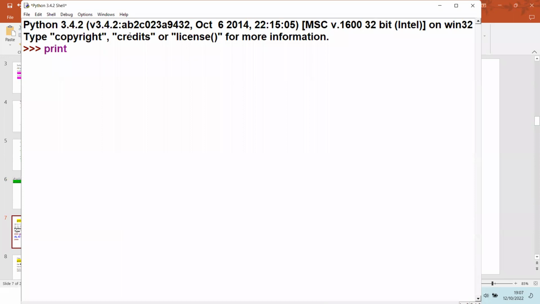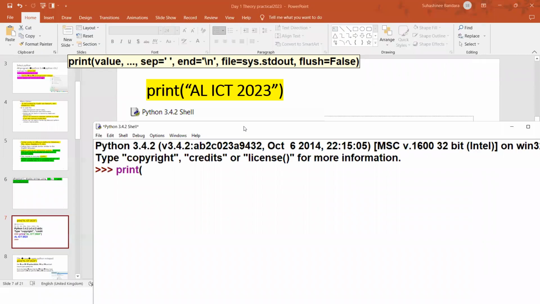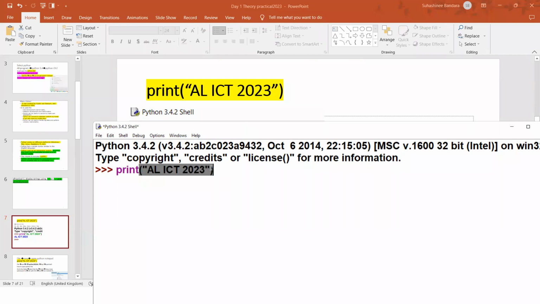Now I am using the shell. Here I just gave print, open bracket, double inverted commas, A-Level ICT 2023, close inverted commas, close the bracket. Earlier I told you the Python shell will run line by line. So when I press enter, it should give me the result below.